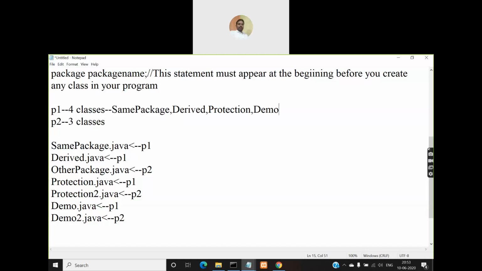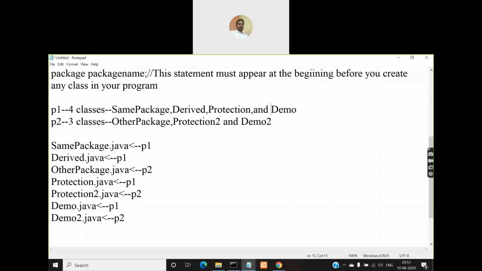Same package, derived, protection and demo. So these are the 3 classes defined in P2 package.